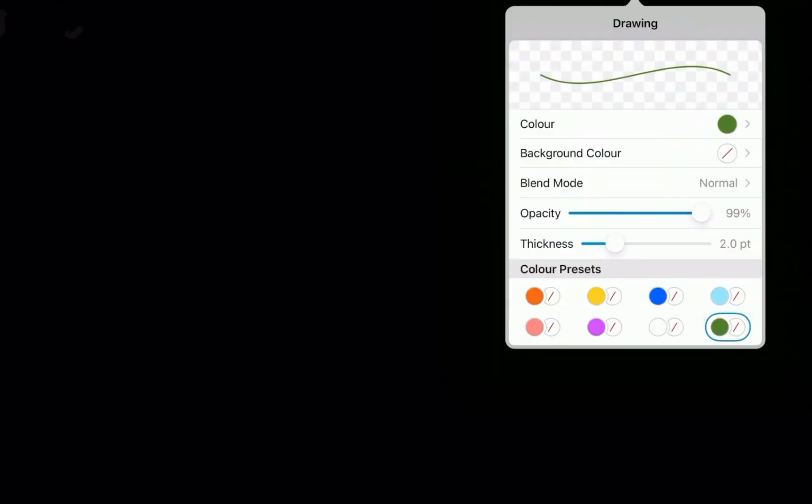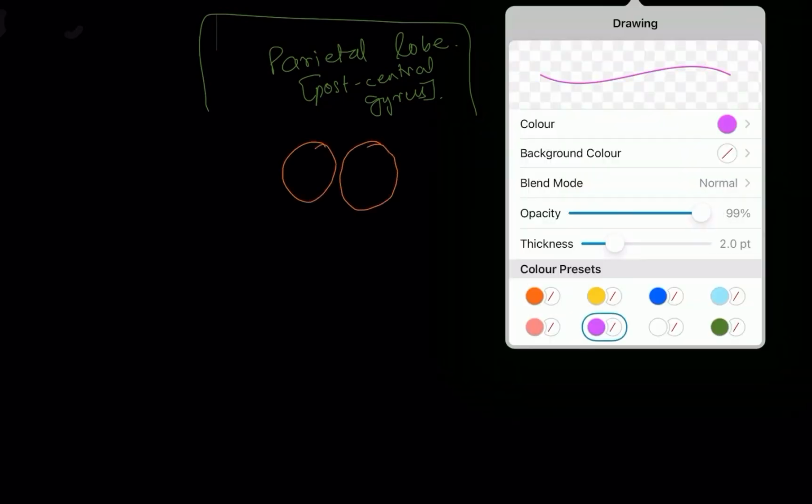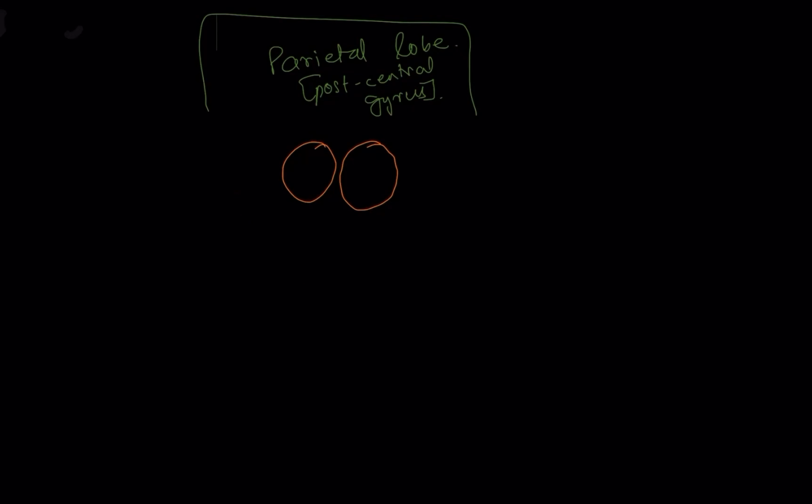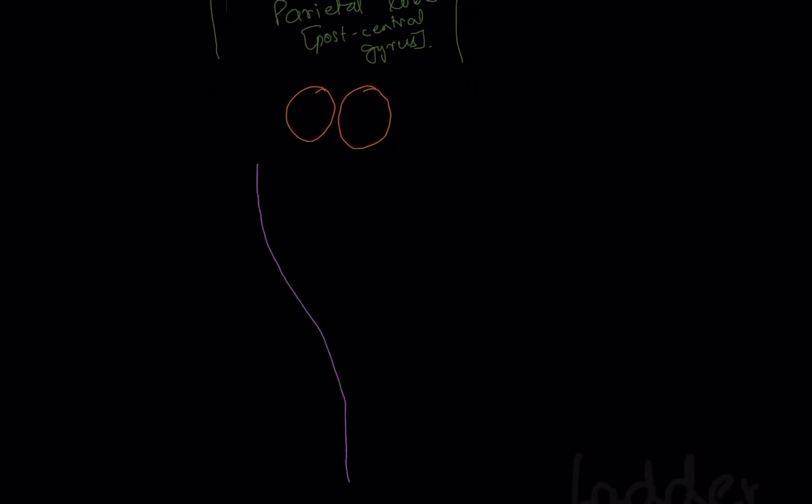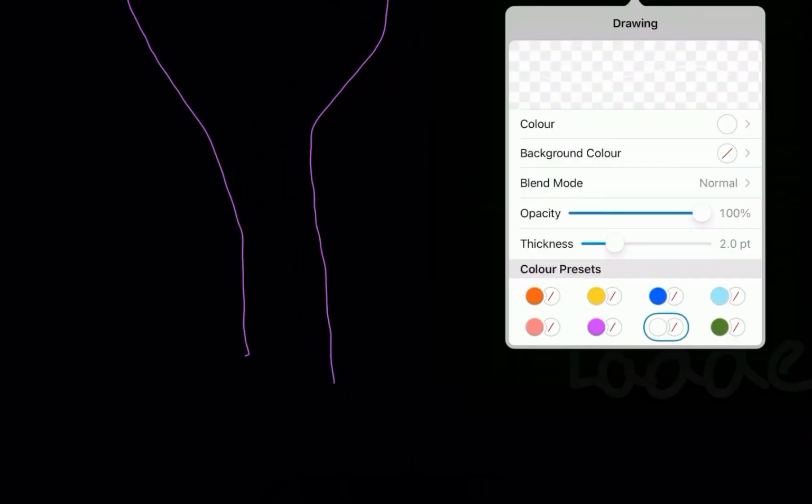So starting with the DCML pathway. First I am drawing the sensory lobe, which was it? Parietal lobe, or you can say postcentral gyrus. Then you have the thalamus. Thalamus becomes your relay center once again. Then you have the medulla oblongata, where these nuclei are present, exactly in the medulla oblongata. Then you have the spinal cord.